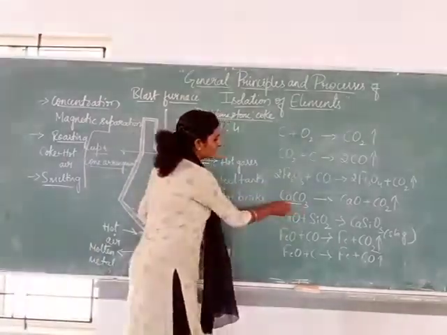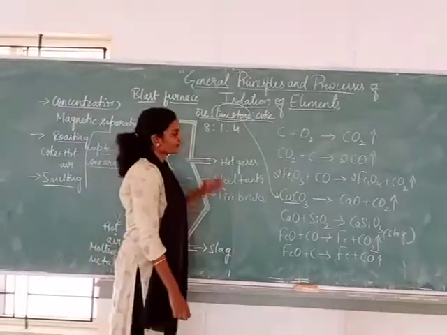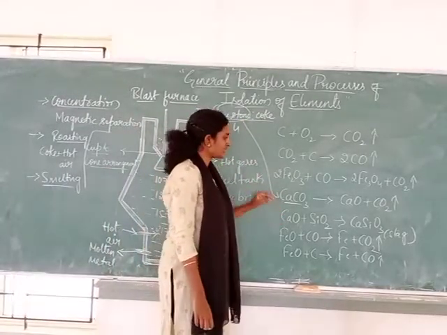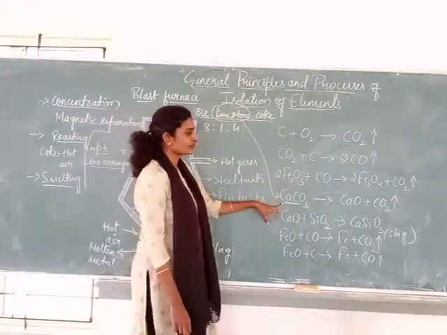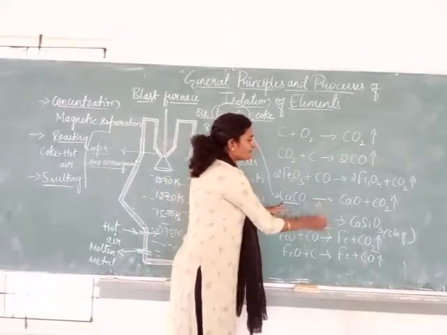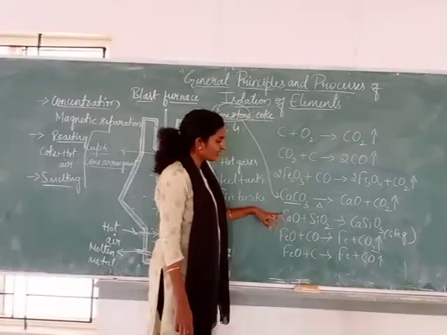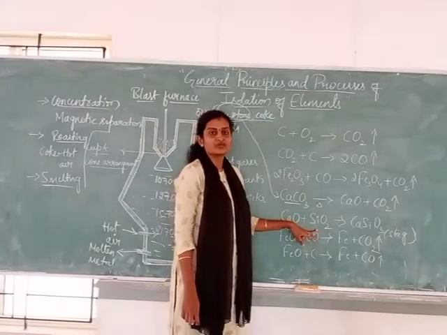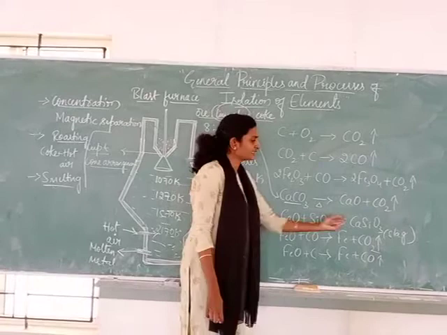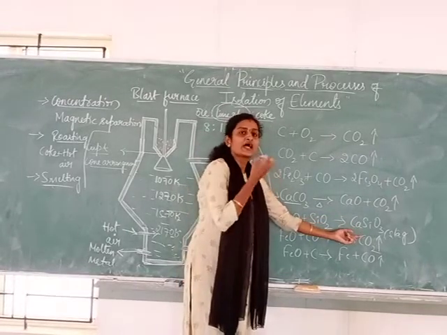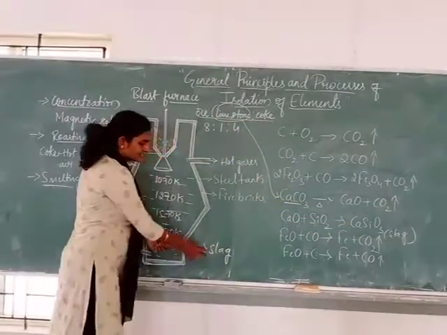And this calcium carbonate, that is nothing but limestone. Limestone's molecular formula is calcium carbonate. The purpose of using calcium carbonate is, at this temperature, say around 1500 or 1200, the calcium carbonate undergoes decomposition to form calcium oxide and carbon dioxide. Okay, so this calcium oxide combines with silicates, that is SiO2, which is present as a main impurity along with the hematite ore. So they combine and form slag, which is lighter than the molten iron, which can be separated here. Slag, you can observe here.